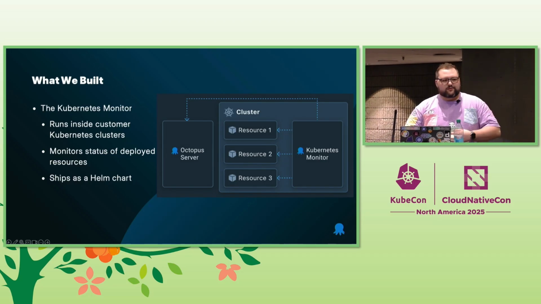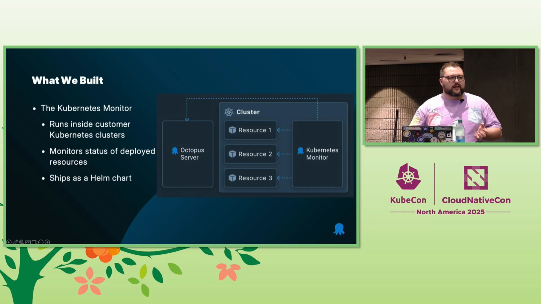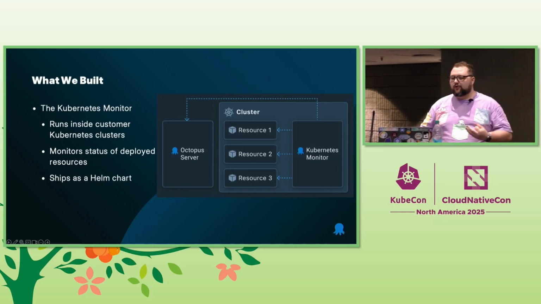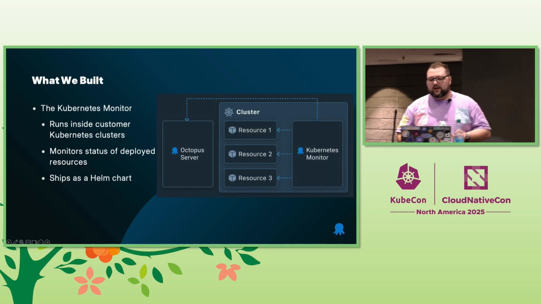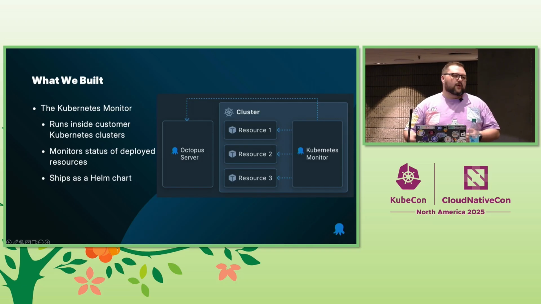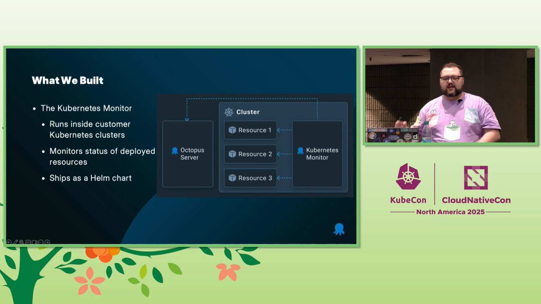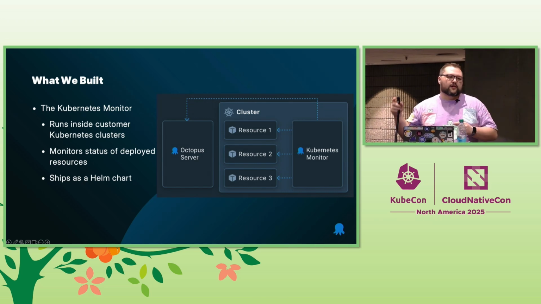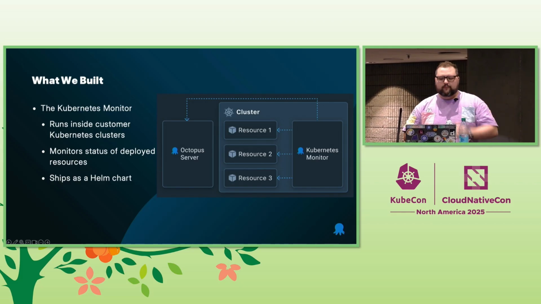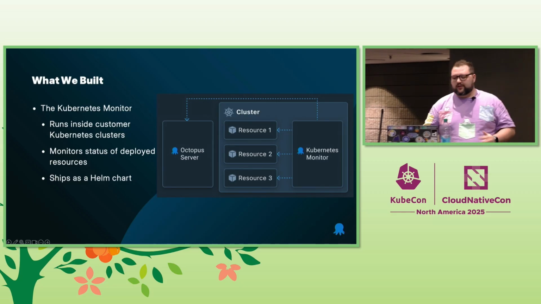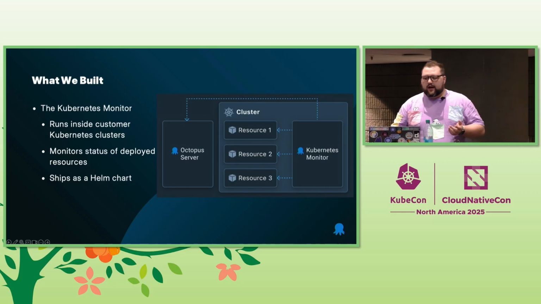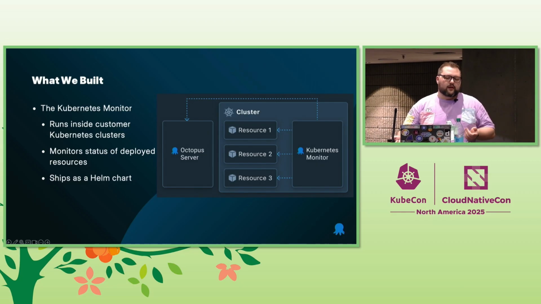And so this talk is really about my personal experience trying to build a piece of software that we call the Kubernetes monitor. It's a component of Octopus Deploy. It runs in customer clusters. And when people deploy with Octopus Deploy to those clusters, essentially what happens is the monitor goes through, has a look at what's there, and sends back resources and the current status of things. It sends that over gRPC. It's really cool. It was very fun to build. And customers just install it by Helm.